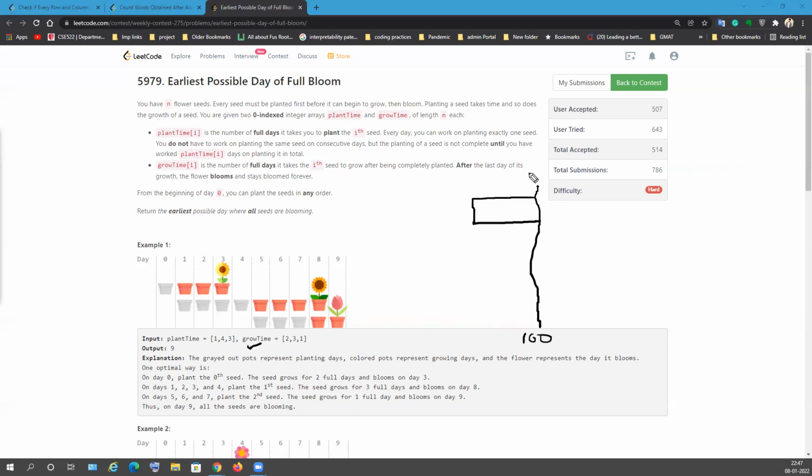If everything will be grown at the end only, meaning on the 100th day, right? So this is 2, this is 3, and this is 1. This is growth time, I explained. This is the boundary, meaning 100 day. So the first plant should be seeded before this particular time, right? The second plant should be seeded before this particular time. The third plant should be seeded before this particular time, right?